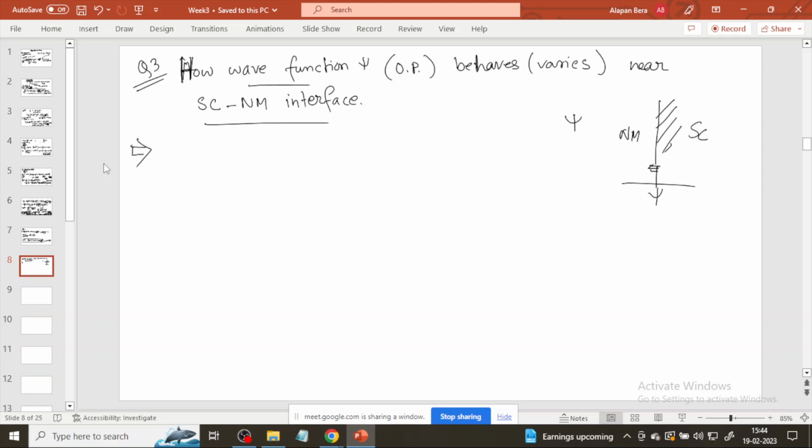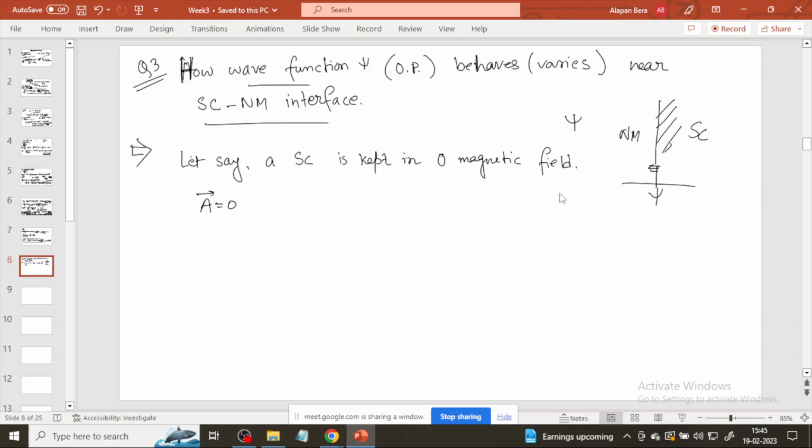Okay, so let's say we have a superconductor. A superconductor is kept in zero magnetic field. So in absence of any magnetic field, the vector potential is equal to 0, and we also take the region where this,